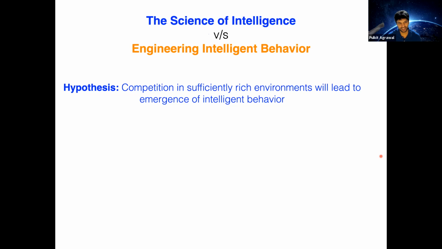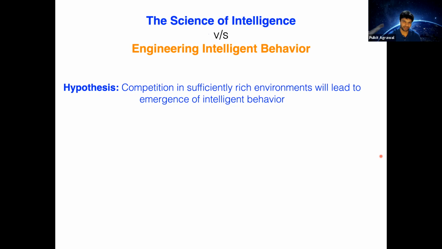So to make these points clear, let us consider some examples of questions which could be thought of as science of intelligence. Then you would look at some questions which could be thought of as engineering intelligent behavior. Right? So one question which we could have in the science of intelligence is a hypothesis that competition in sufficiently rich environments will lead to emergence of intelligent behavior. Right? So suppose my goal is I want to develop an agent with common sense. Now,